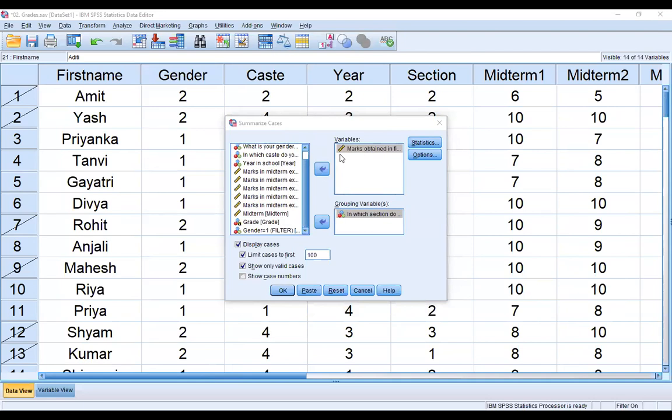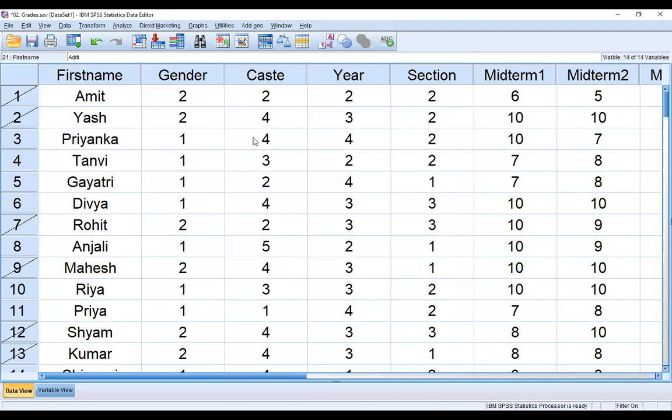I'm repeating again. My objective here is to know the performance of female students section wise. There are 3 sections: section 1, section 2, and section 3. So how to do it?